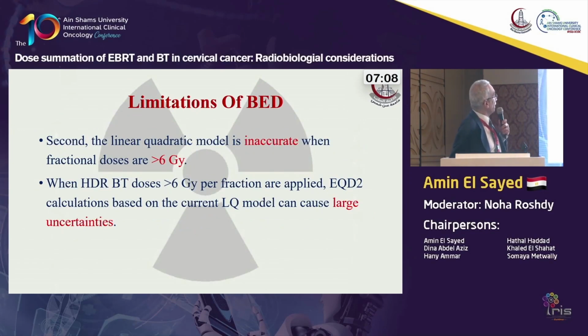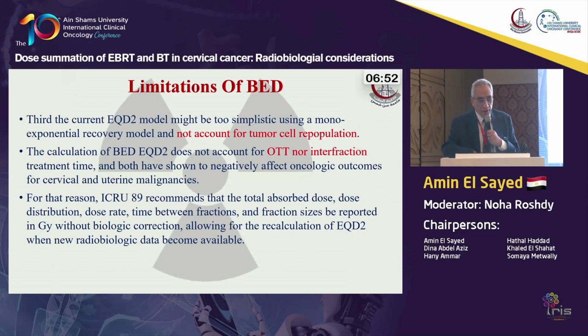That's what I was talking about, the fraction size. This is one of the most important limitations of BED calculation, not only the values of alpha over beta and T half, but also this point. So the limitation of the BED is that it doesn't take into account the tumor cell repopulation, and it doesn't take in the calculation the overall treatment time or the interfraction time,